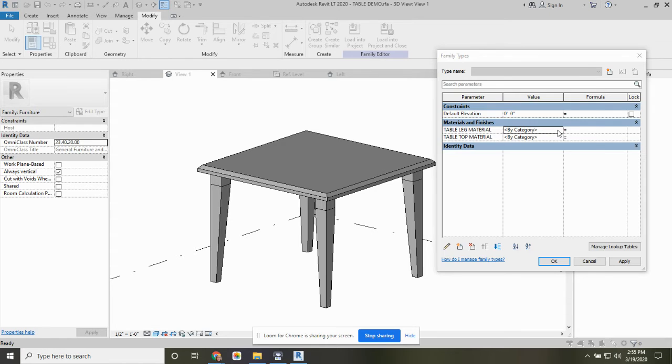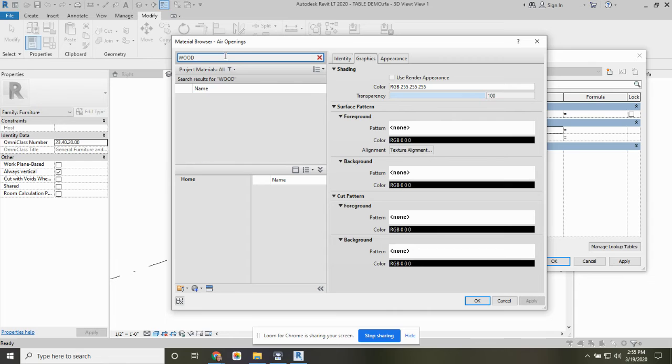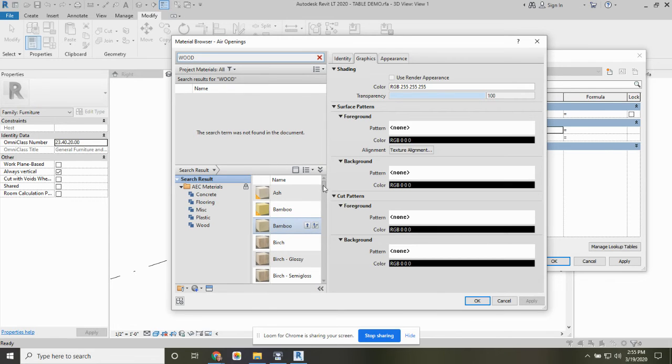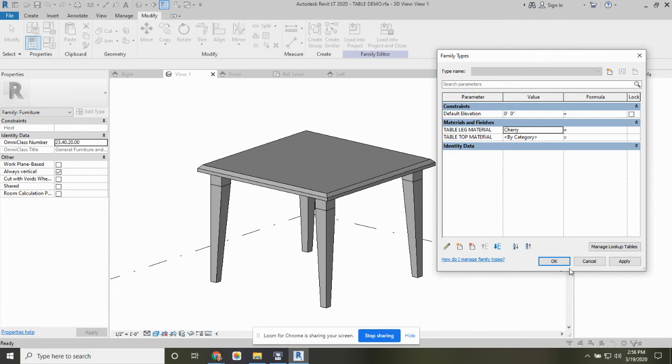This usually takes a second for the materials editor to load up. And I'm going to look for a nice wood material. And let's have the table legs be, I don't know, a cherry. So I'll select cherry from the list. I want to make sure I'm using that rendered appearance in my model. And then for the tabletop,